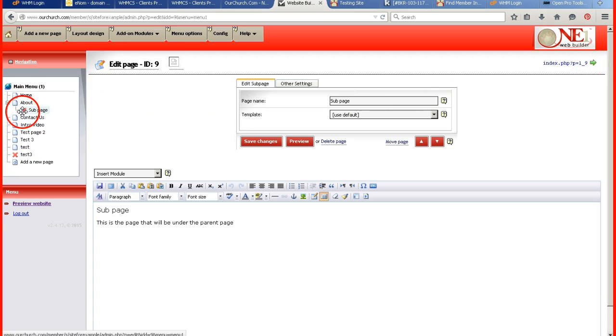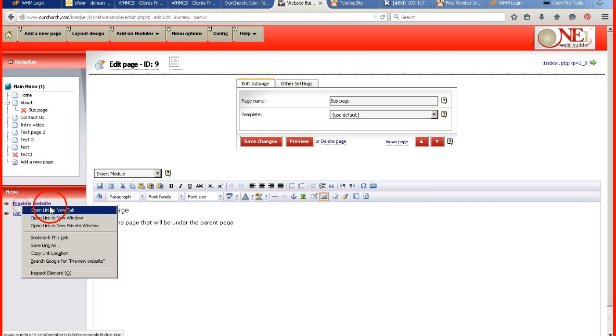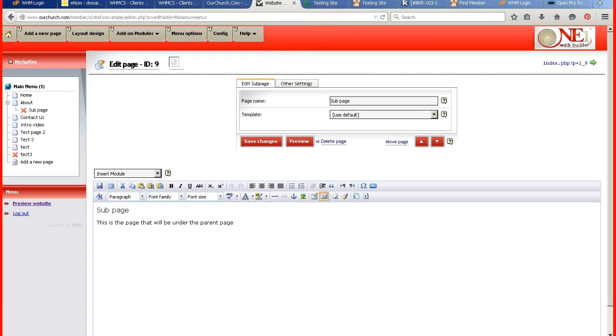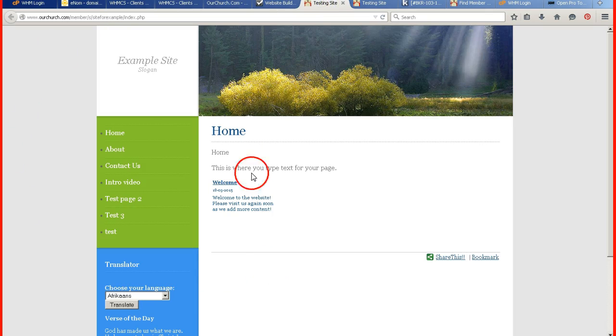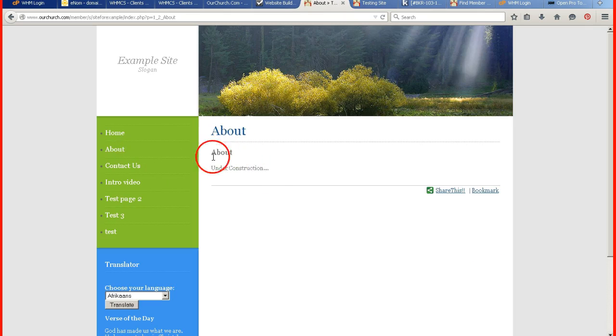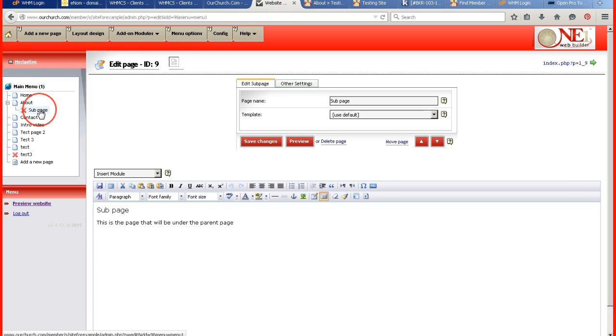Now, because it is not displayed, it's not going to be able to be viewed by anyone until I either make it displayed or I create a link. So here's the home page, here's the About, nothing is underneath that subpage, and if I click on the About page, nothing is there. So let's say I wanted to create a text link to get to the subpage,